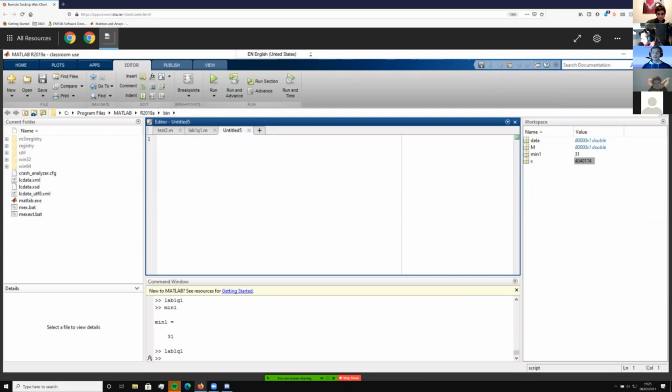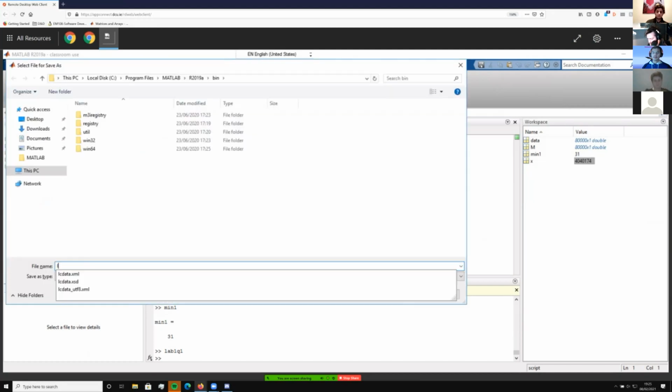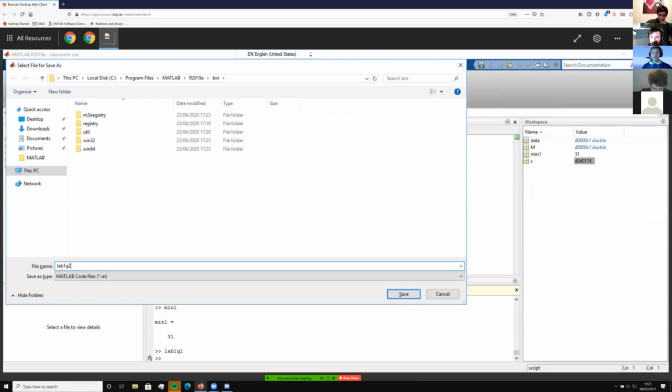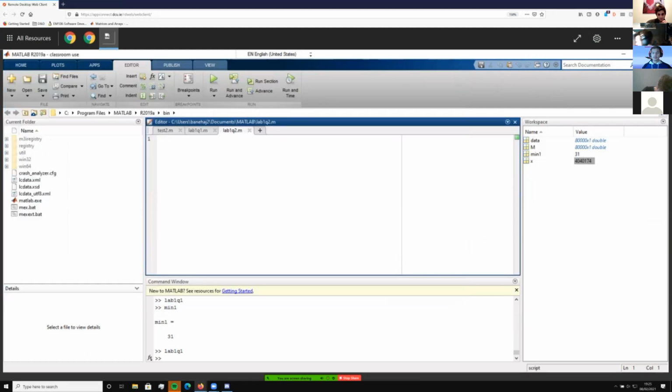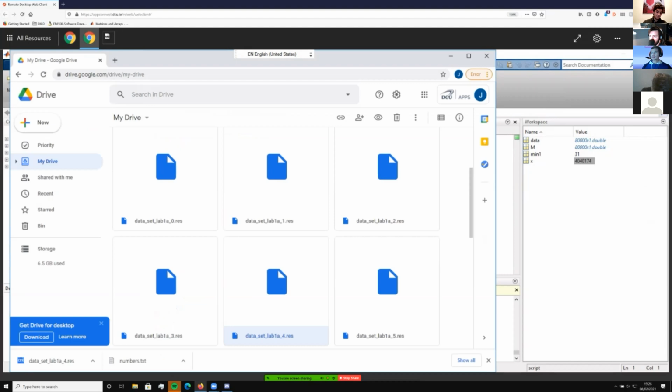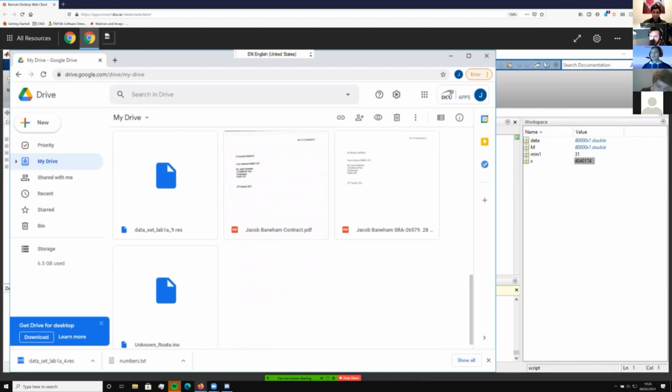But here we go. Write a script called Lab 1 question 2. Make sure you save it in this Matlab folder if you're doing it on App Connect, otherwise it won't work. Save. Okay. Now I have to get the 9th one. Does this lab use each numbered file for different questions? Yeah, pretty much. So I'm going to grab the 9th file.